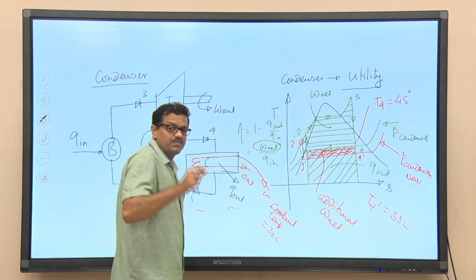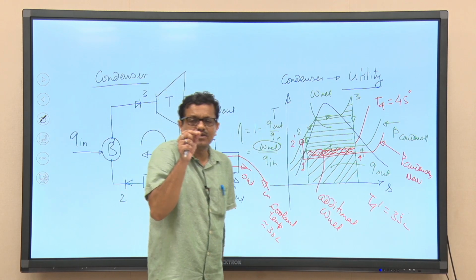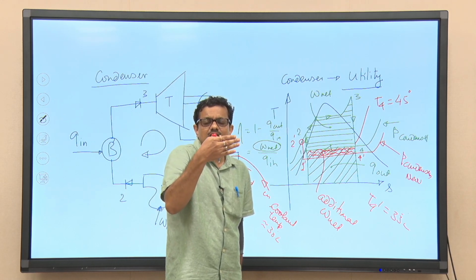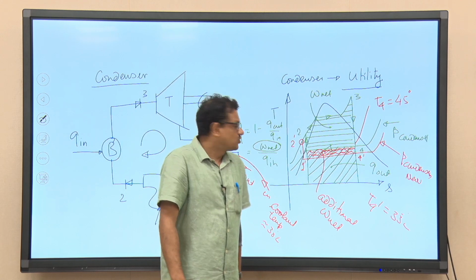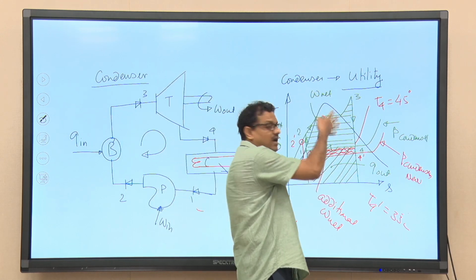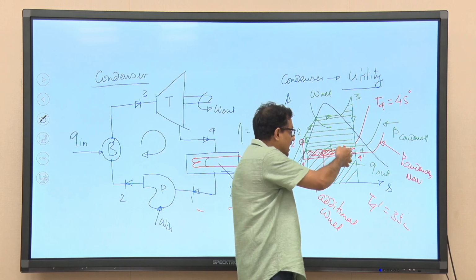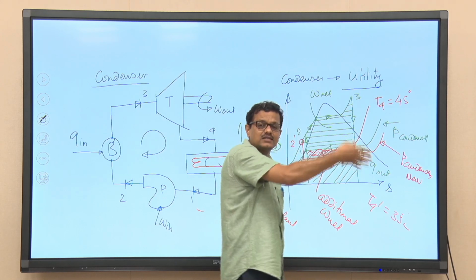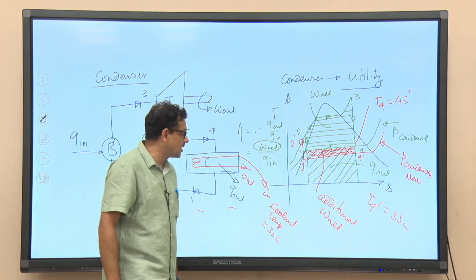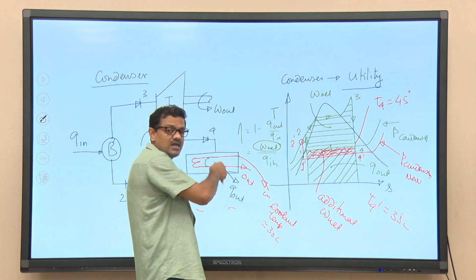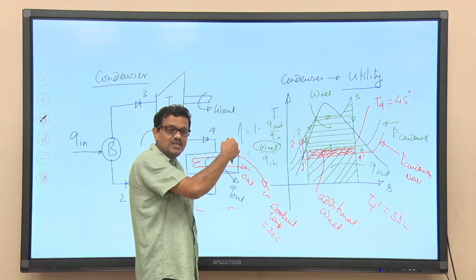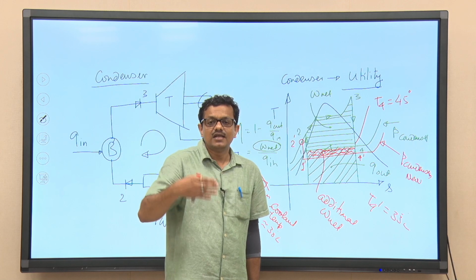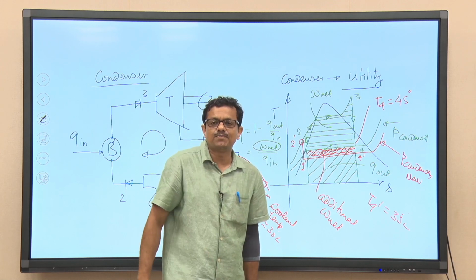In that case, because of this difference in temperature between the coolant and the steam exit temperature at the turbine, the degree of irreversibility can be minimized. So, in a way we can get higher work output, but at that temperature the saturation pressure will be significantly less than the atmospheric pressure. So, when the condenser is operating at a pressure significantly below atmospheric pressure, the leakage of air into the condenser, that problem will be there.